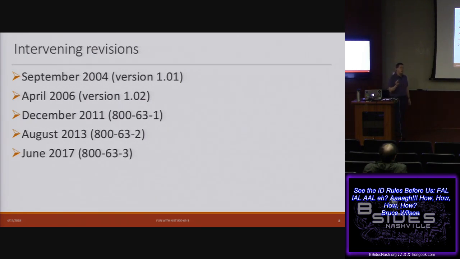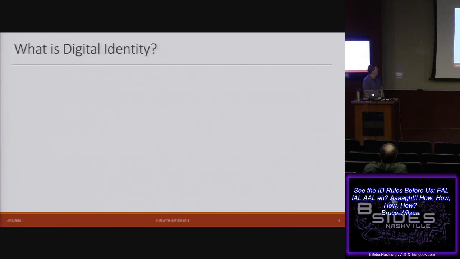Revision 3 was done with a very interesting process. It was done in a very open way. It was done through GitHub and issues and comments. It was actually published through GitHub pages. And this is really also important too, because part of what I've been able to do is to read through the comments and the responses to help understand some of the thinking for what was in Rev 3. So let's take a half step back.